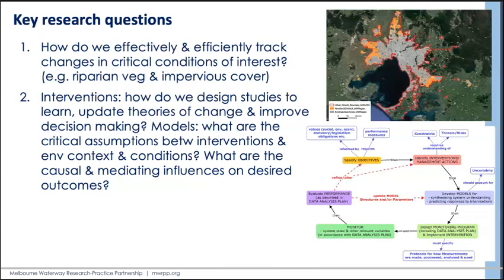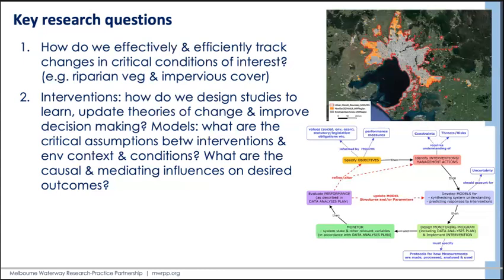Critical assumptions of Melbourne Water interventions are examined in a range of research practice partnership projects, including A1, A2 riparian revegetation, A2 billabong watering, and the C1 Sunbury project on integrated water management. Each one of these projects has its own update presentations, so I just wanted to highlight this link, but I won't elaborate on them here.